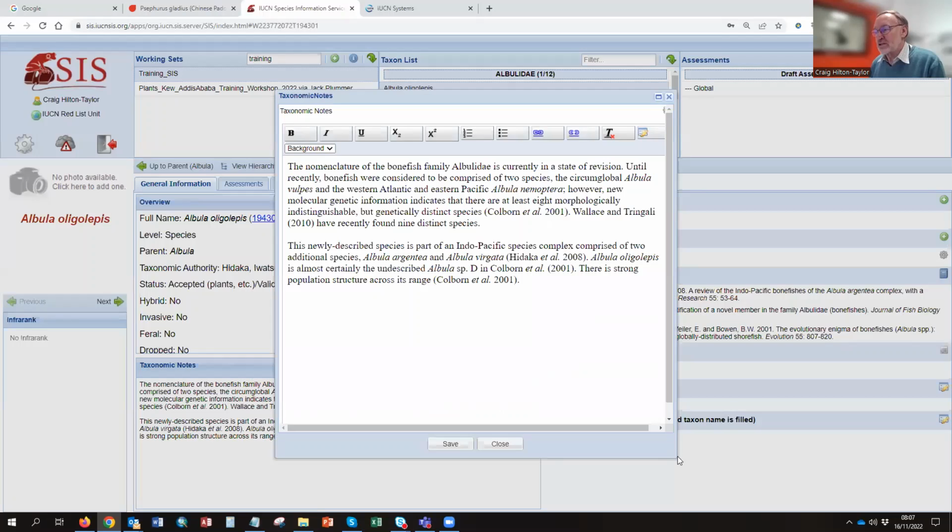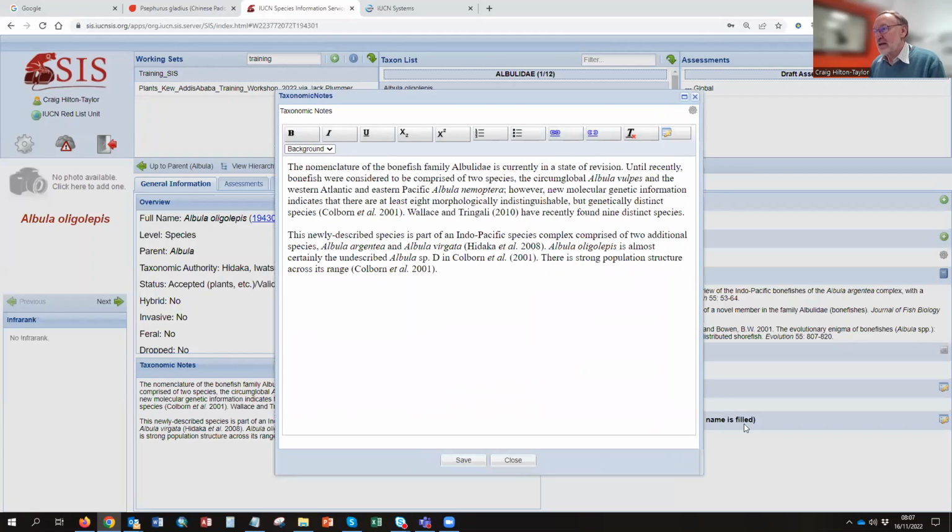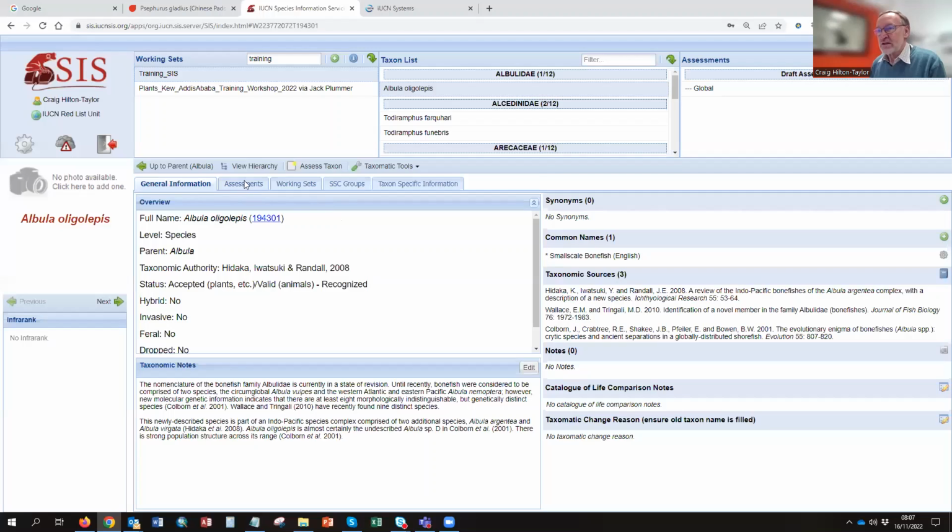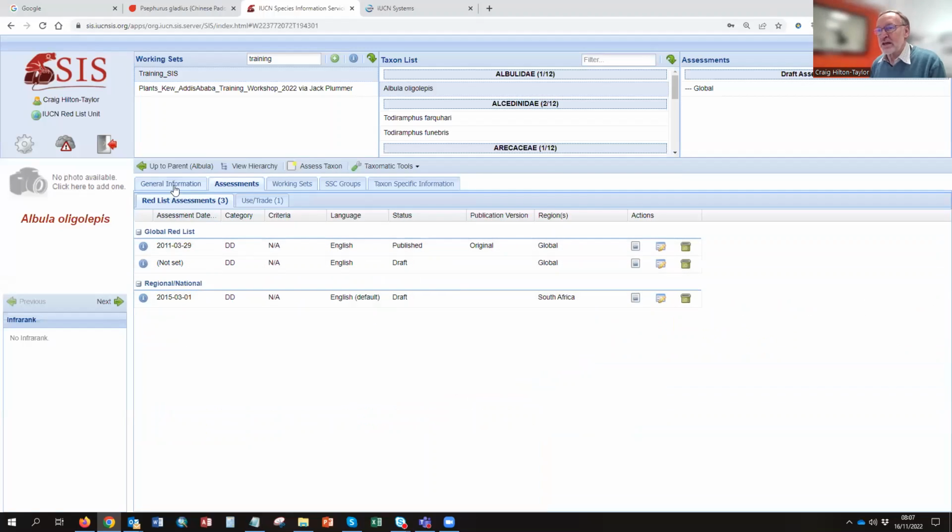So if I open up the taxonomic notes field, you just make it slightly larger. In the top right-hand corner is a cogwheel, and there's a references section. That is where those 3 references should have been added, not outside the assessment. The reason why I'm stressing that is that by attaching the references here, what happens when you do your assessment, let's close that again. So you're working on your draft assessment over here, you're ready to submit it for publication,